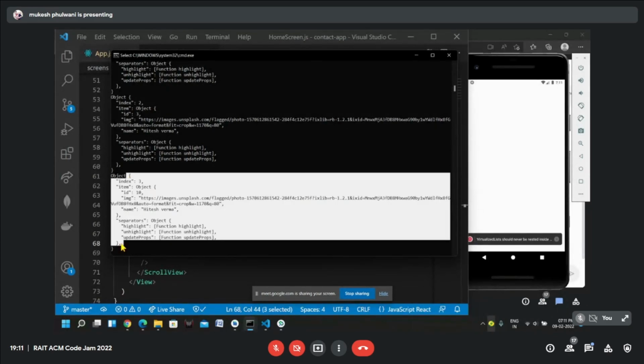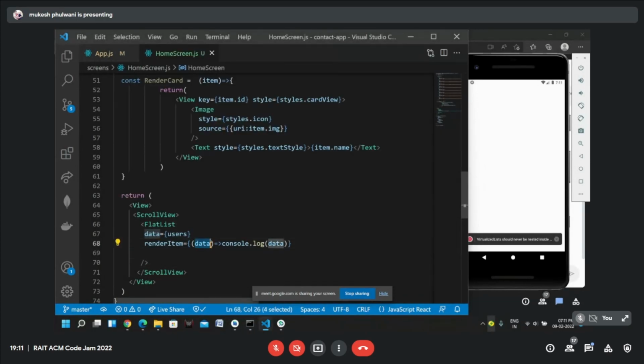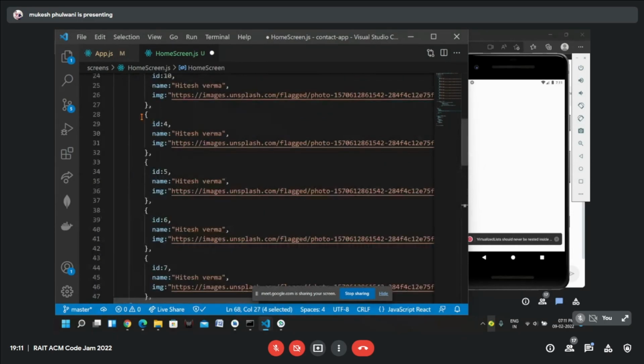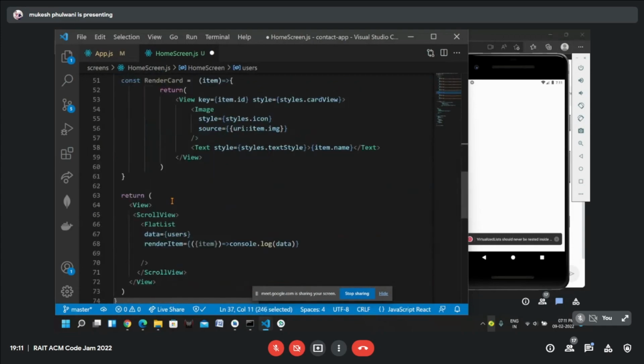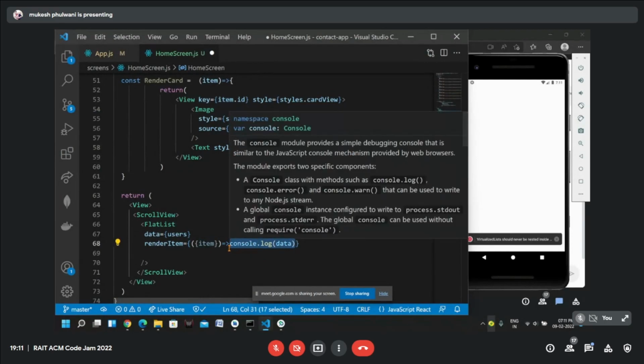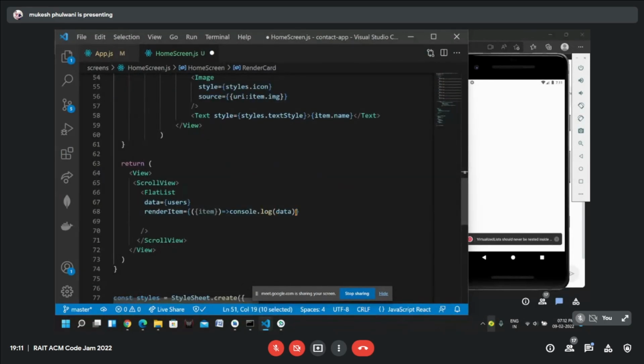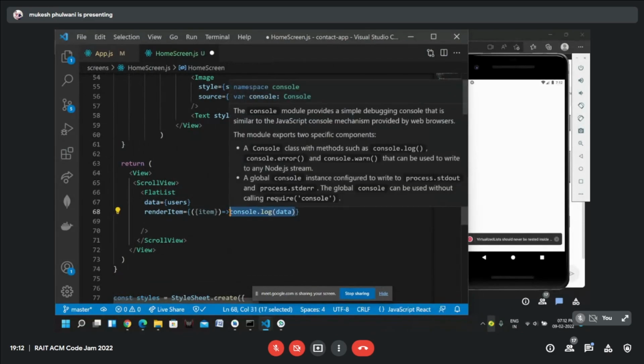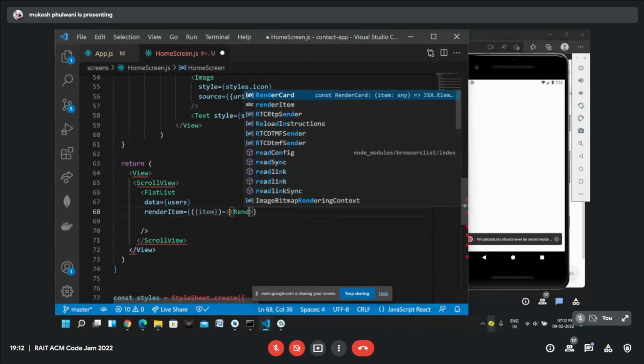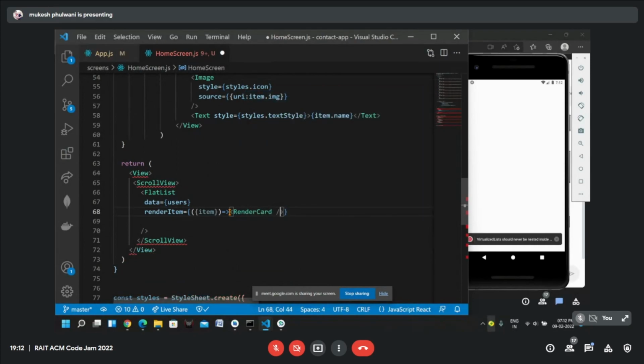From this object we can access item by using data.item, or we can directly destructure item from this data, because this has the actual data. For each item we will return our renderCard component, self close it, and pass a prop to this.